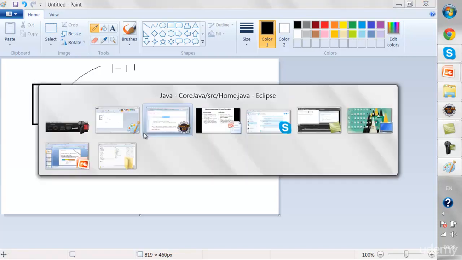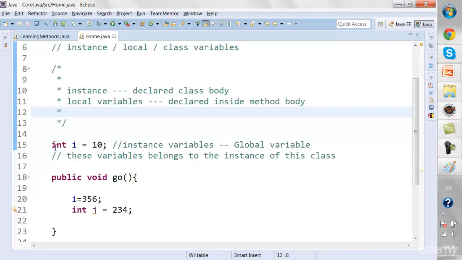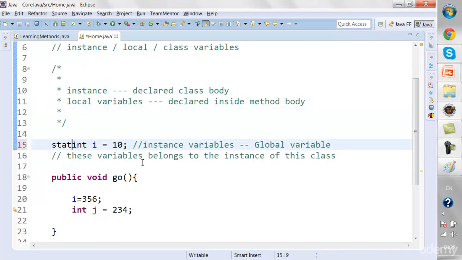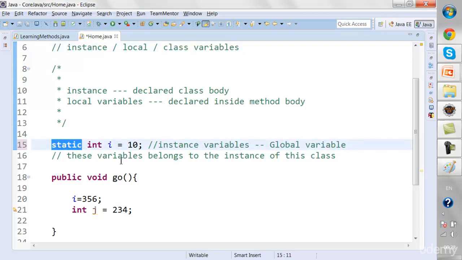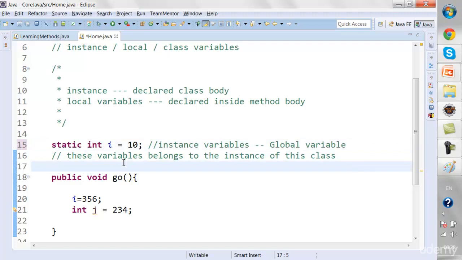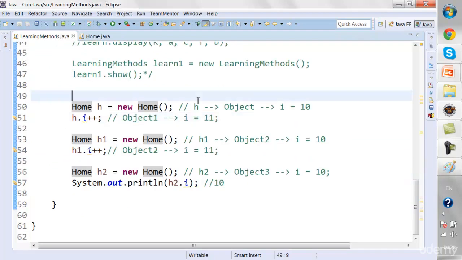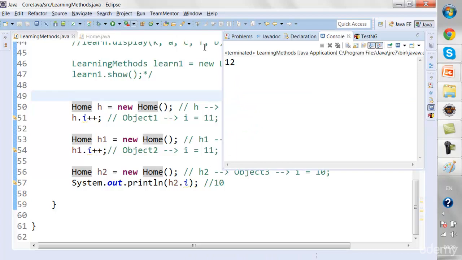Now, what I'm trying to say is, if I make this thing static. Now, what is static? We're going to talk about this in coming lectures as well. It's just to explain what the class variables are. I'm making this static. Now, what happens if I make it static, and if I again go over here and run this statement, this code? Let's see what the value of I comes to. So it comes to 12,